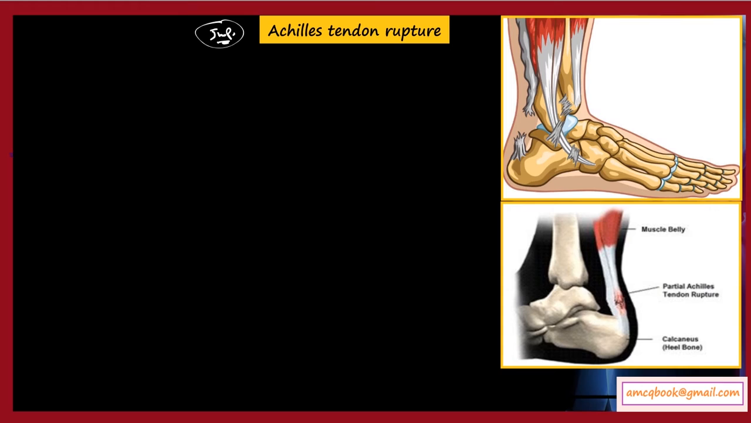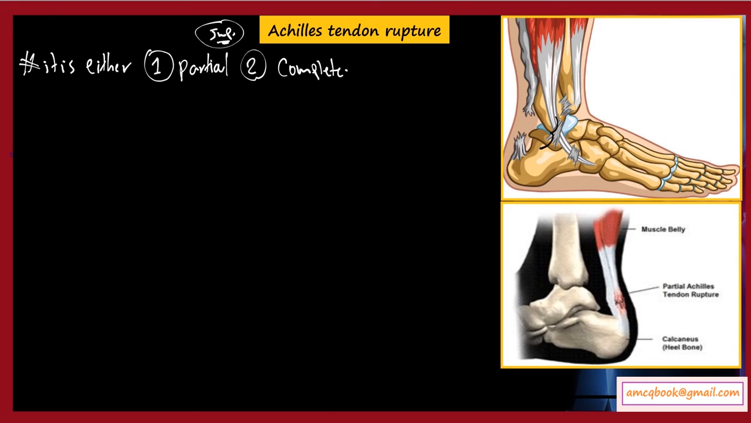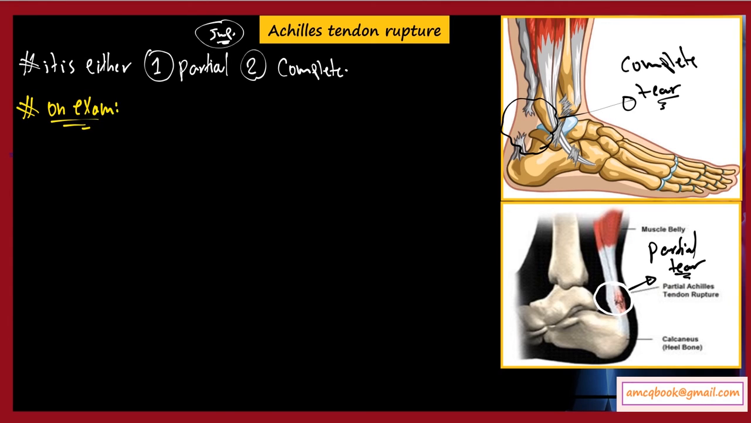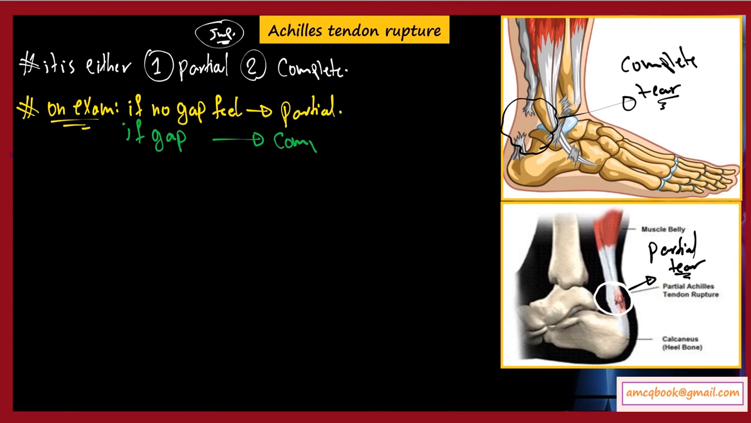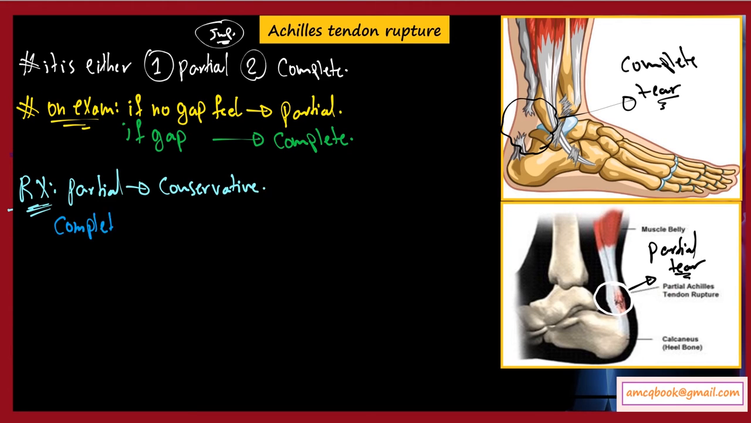Achilles tendon rupture. It's either partial or complete. Well, look at this picture. This represents complete tear of the Achilles tendon, and this other photo represents partial tear. On exam, if there is no gap felt, then this is a partial tear, and if there is a gap feeling, then this is a complete tear. For treatment, in case of partial, it's conservative, but in case of complete, I mean